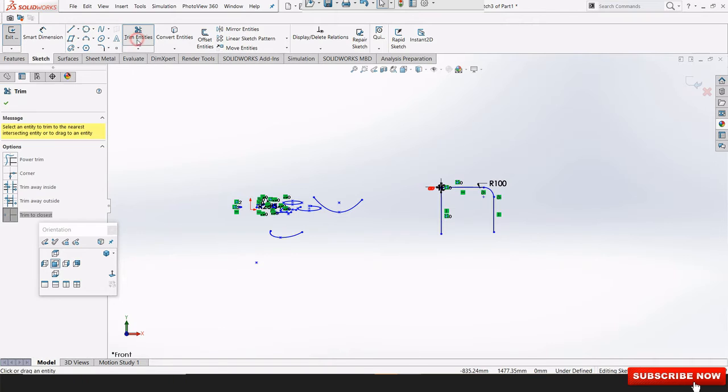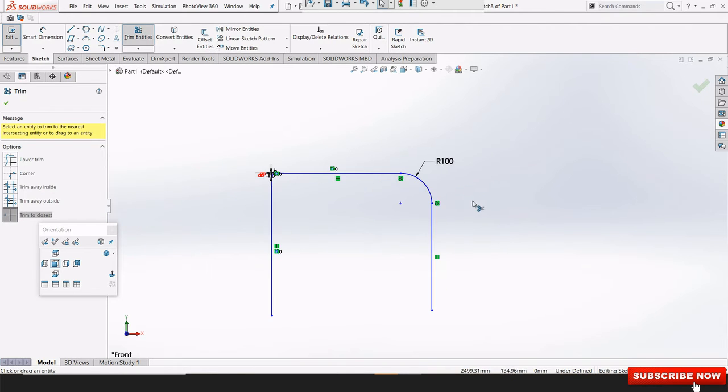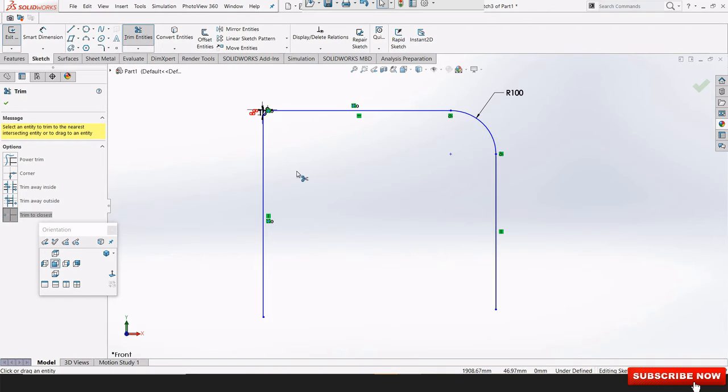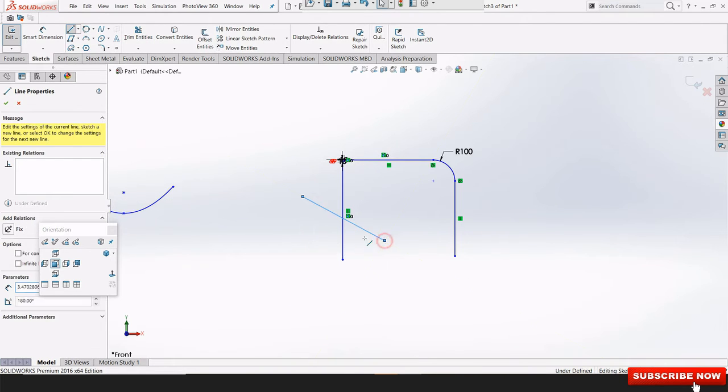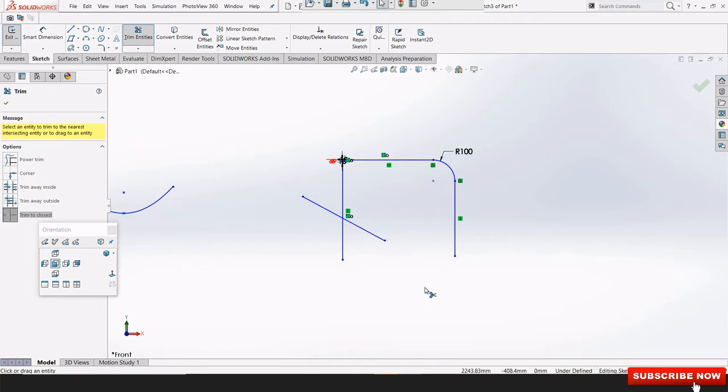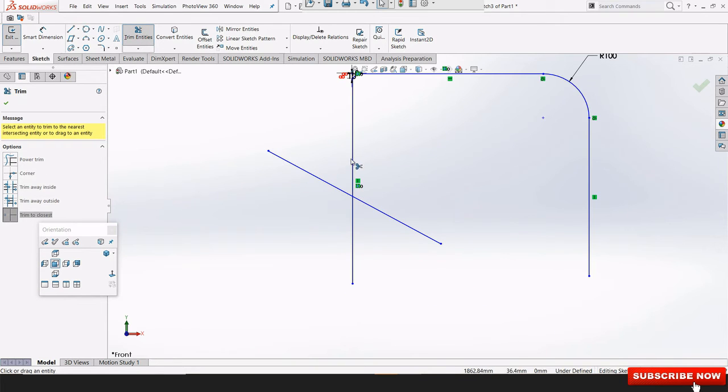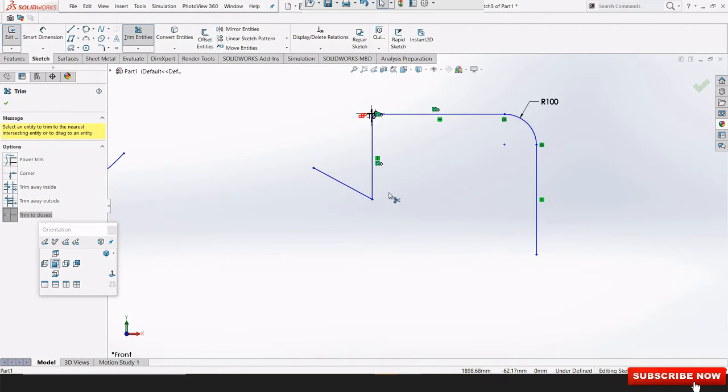And then we are having the trimming tool. It is used to make cuts of what is not useful for us. Suppose we are having two lines like this, and if you want this line and not this, then you will have to choose this one. And if you want this line, not this, then you will have to choose this one.